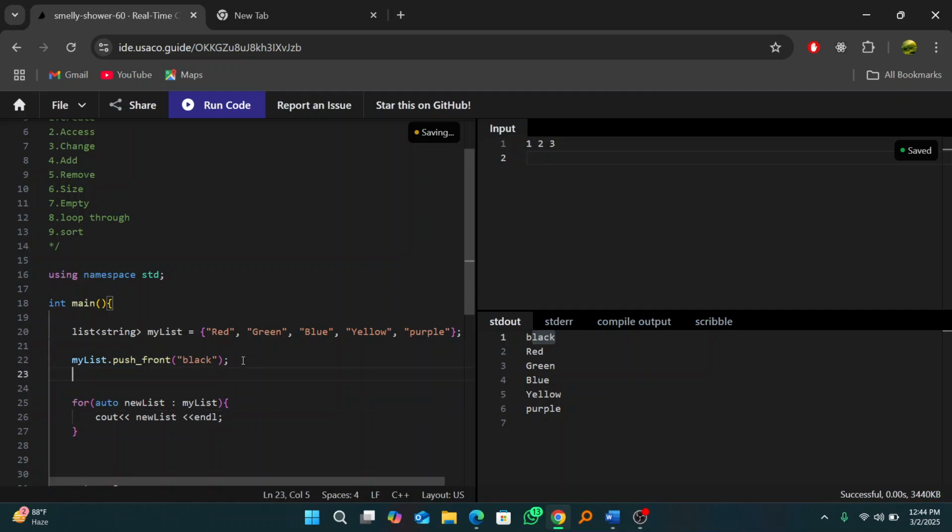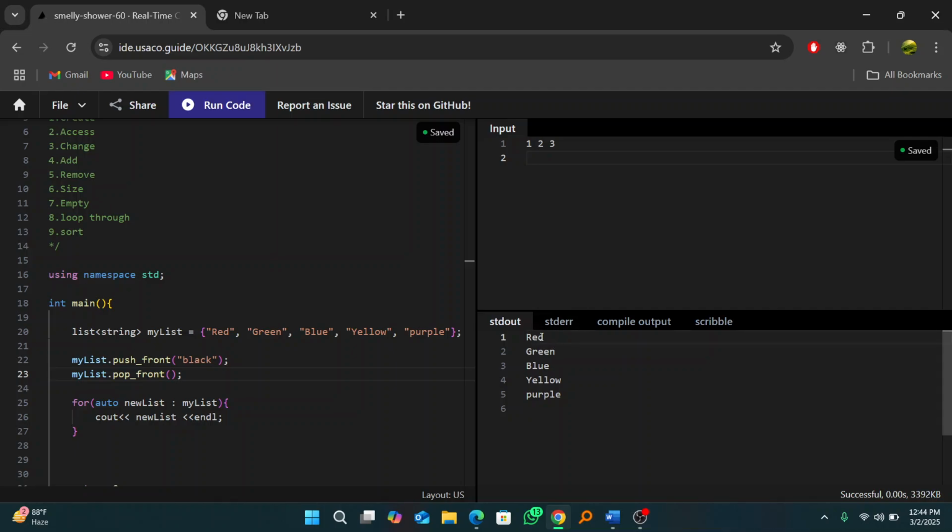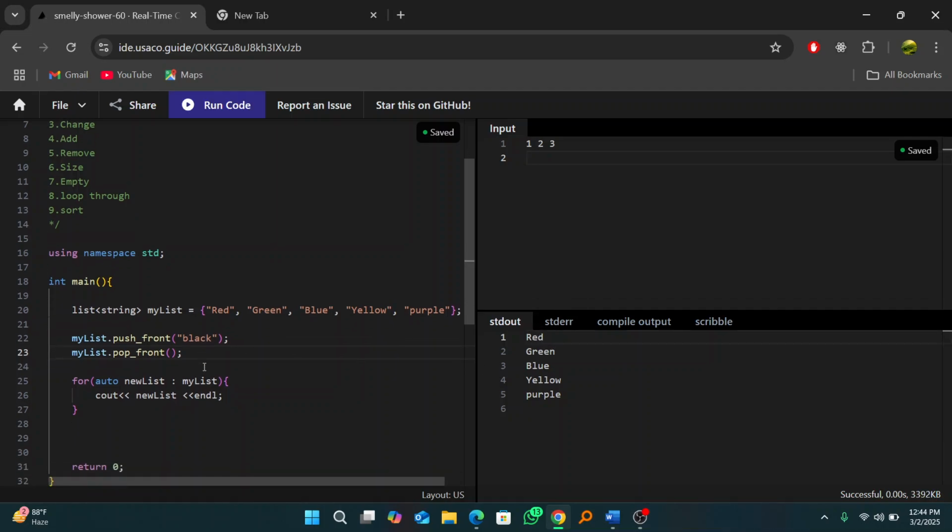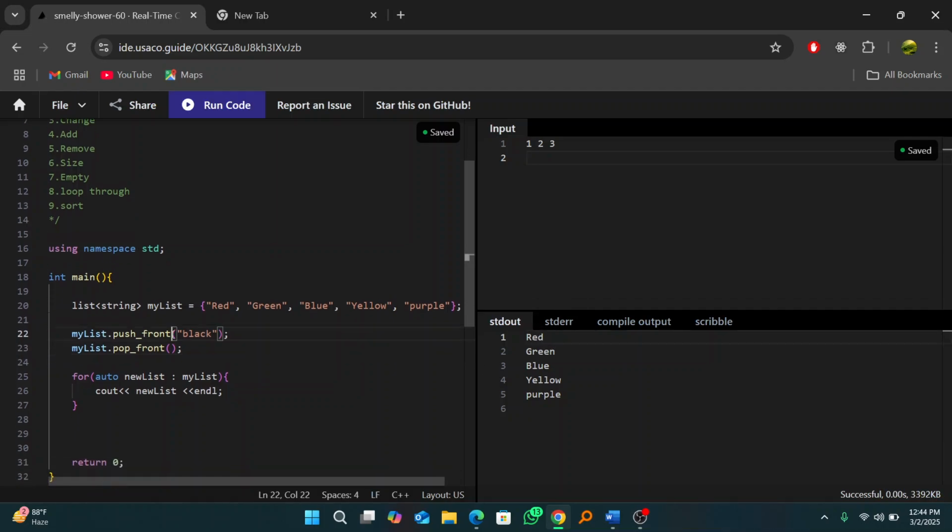But I can also remove that. How do I do that? I have to use the pop_front function. If I do that and then look through the list, you will see black is going to be removed. As you can see, black is removed. So I can do the same